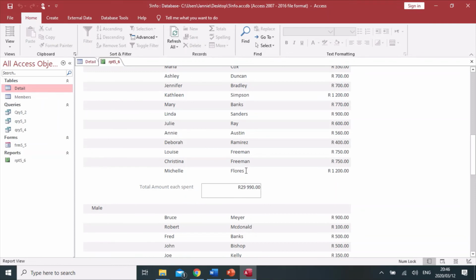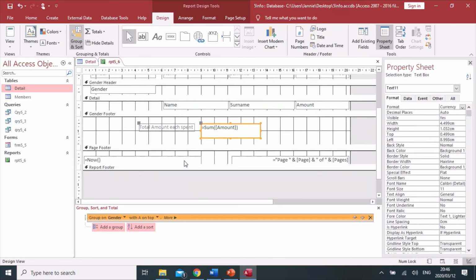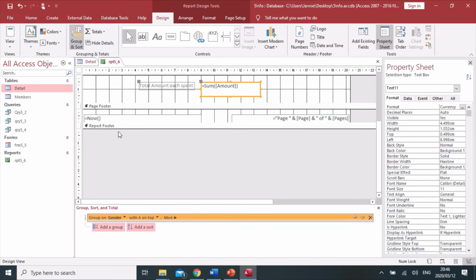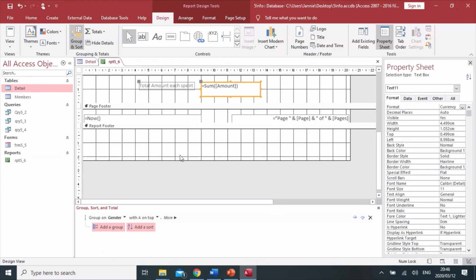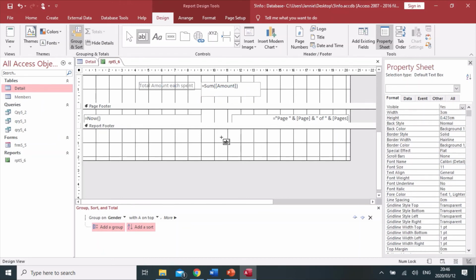Alright, so the next function is to determine the total number of members. So in other words, they want us to count. So we have to use a count function, and we're going to count in the report footer. As you can see, the report footer is still closed. It doesn't look like this with the little grid at the back, so we need to open it up so we can see that grid. So I move my mouse, click down, and then I drag this open until I'm happy with the amount of space. After that, I'm going to put in a text box,